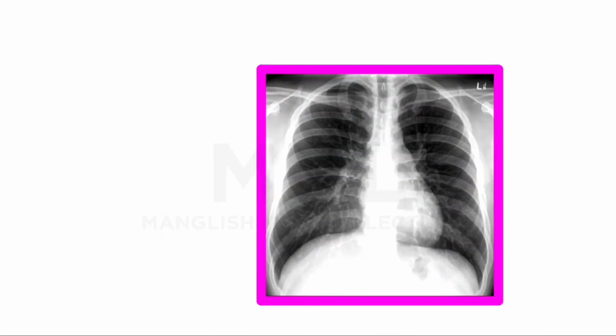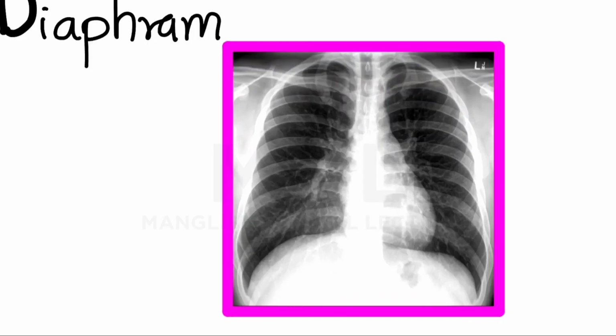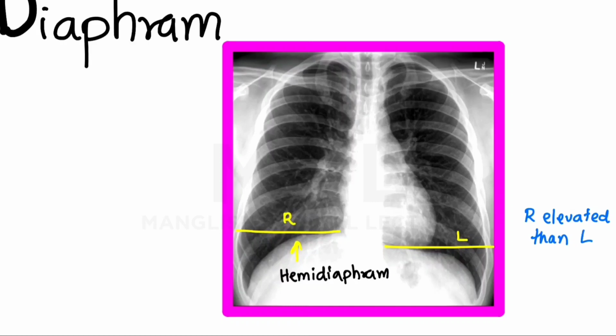I hope that's clear. So we completed A, B, C, and now we are going to D, that is diaphragm. Okay, so what are the things to focus on diaphragm? We know there are right and left hemidiaphragm, right? We have a right hemidiaphragm and the left hemidiaphragm. And the right hemidiaphragm is normally a little elevated than the left hemidiaphragm, and that's normal. Okay, that's normal up to 1 rib space. And below the diaphragm you can find gas in the stomach.